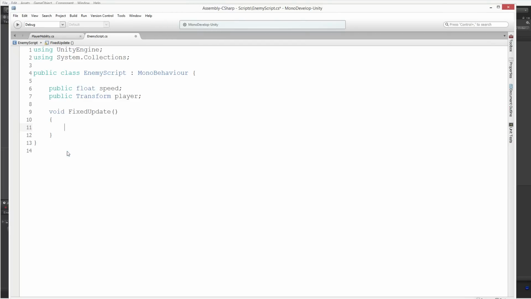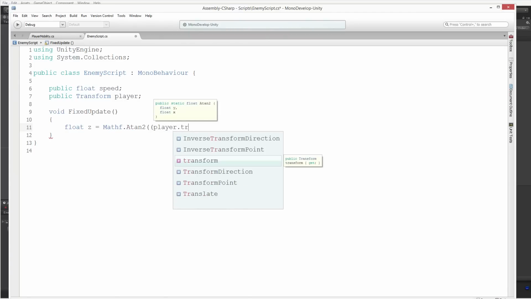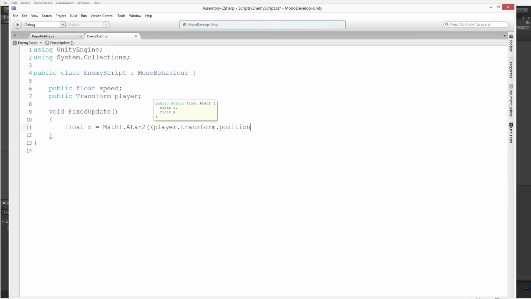Darn you. Okay, so I'm going to say float z because I want to figure out my z-axis rotation. I'm not rotating along x and I'm not rotating along y. Only rotating along z. And what I'm going to do is say Mathf.Atan2, which is my arc tangent 2. For my arc tangent, I want to find player.transform.position.y minus transform.position.y, comma, and then player